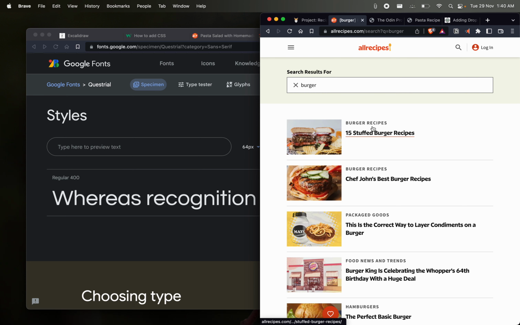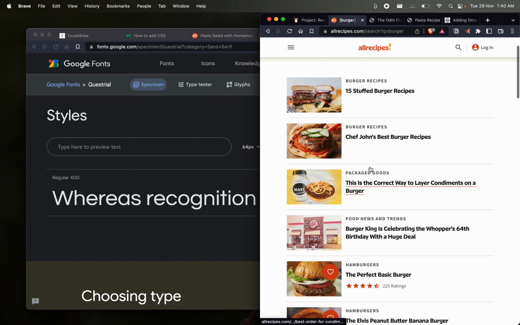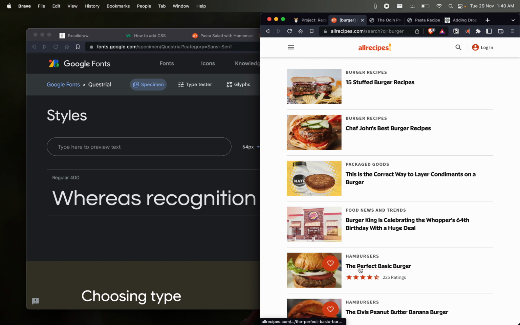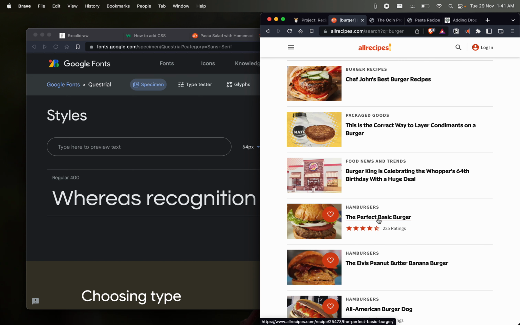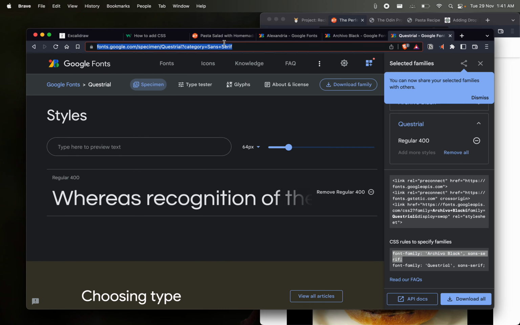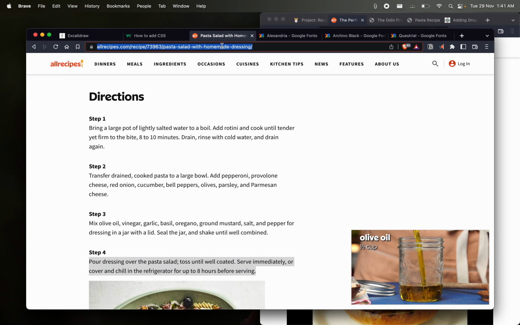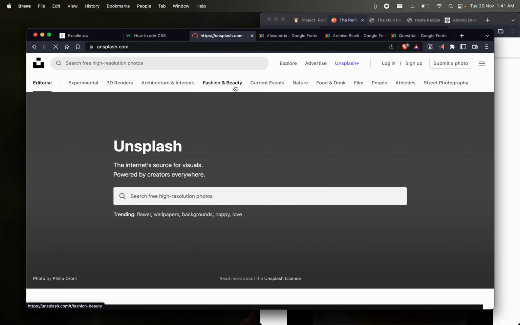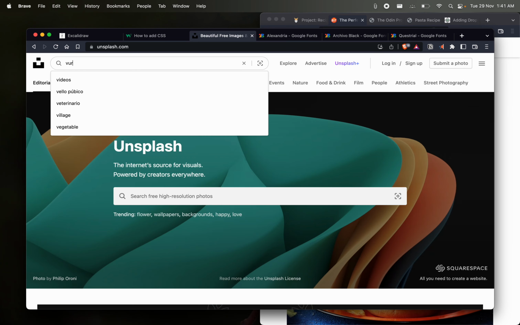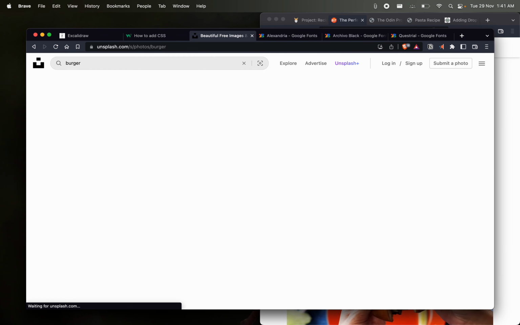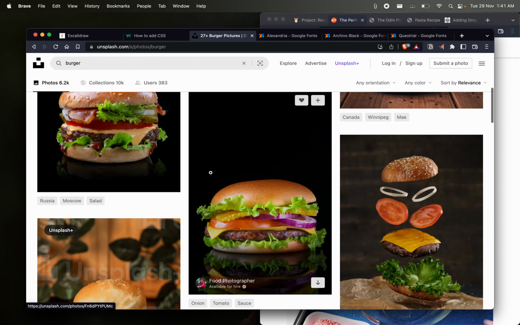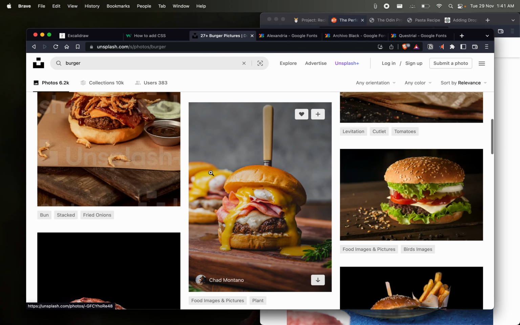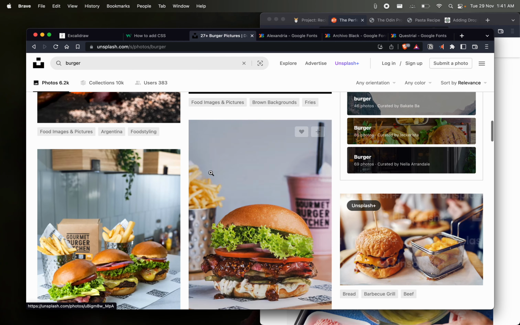Burger, search for burger stuff for perfect basic burger, and I'm gonna go to Unsplash and there I'm gonna look for a burger image, and we're gonna find a nice burger where